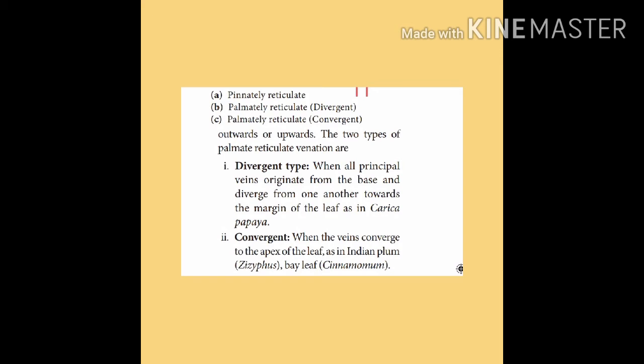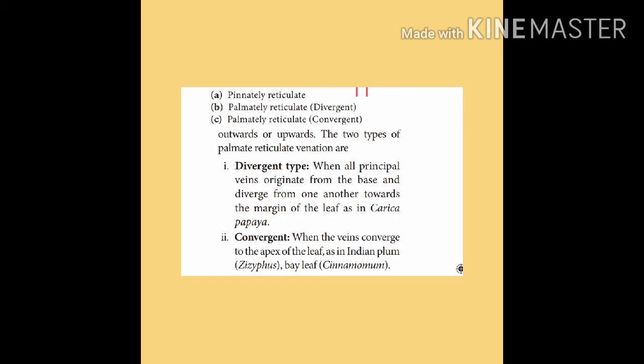That is called palmately reticulate type. If the principal veins originate from the base and diverge, spreading around, it is called divergent. If they go towards the apex, then it is called convergent type. So we have pinnately reticulate, palmately reticulate, with divergent type